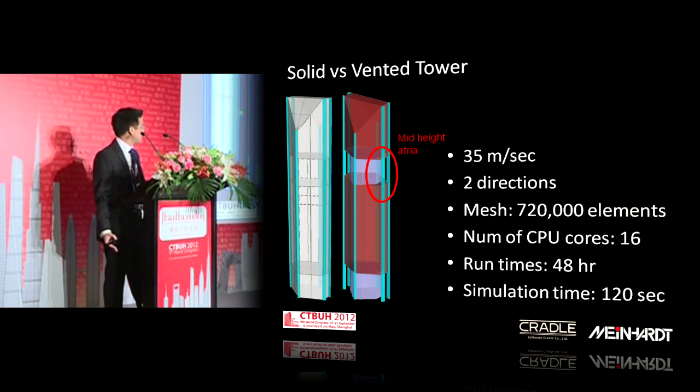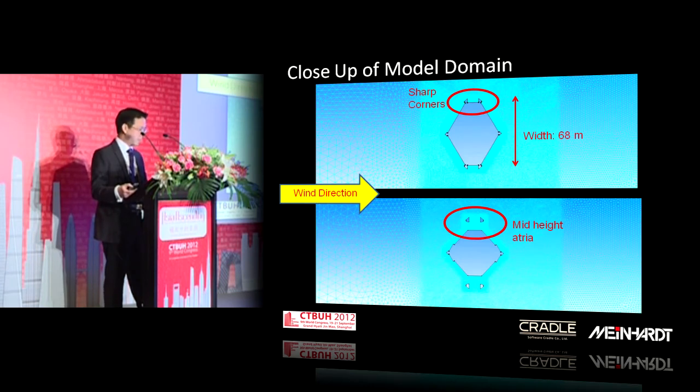So just some basic statistics: a much smaller model, but now it's a transient simulation, so the runtimes were longer for that smaller model. This was done in the Singapore office, so this was without the computer cluster. We just ran it on a regular 6-core desktop, and we had runtimes on the order of a day. So these are, again, not unreasonable runtimes, especially if you take the weekend off and come back on Monday to see what happened. So here's the model setup.